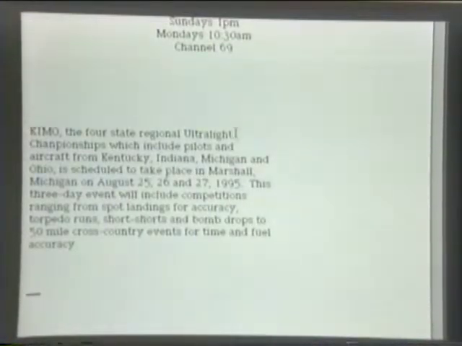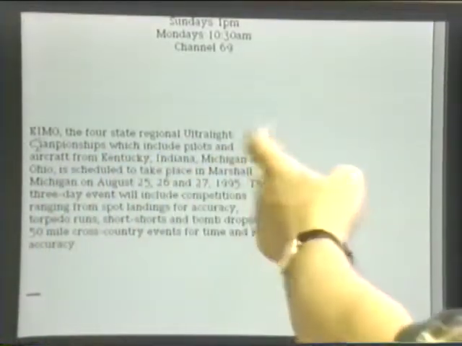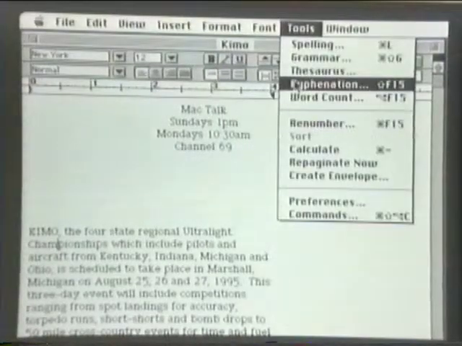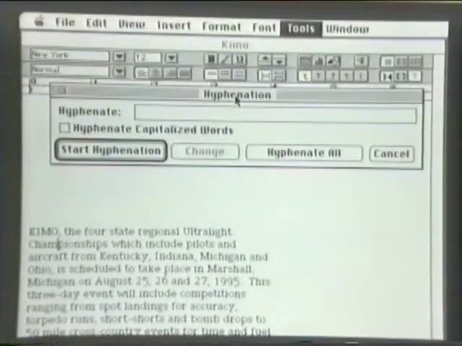One way to fix this: since by default when Word works, it moves whole words that don't fit on the one line down to the next, you can get a lot of space if the words are fairly big relative to the size of the type. So there's a function for that called hyphenation. Hyphenation shows up in a dialog box with